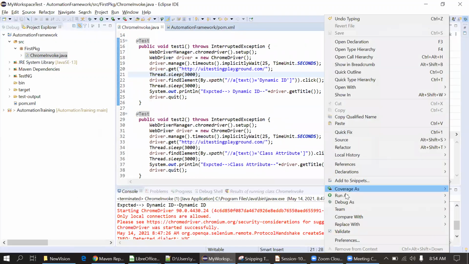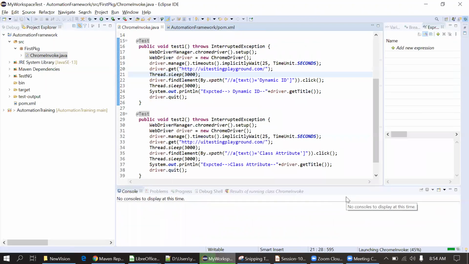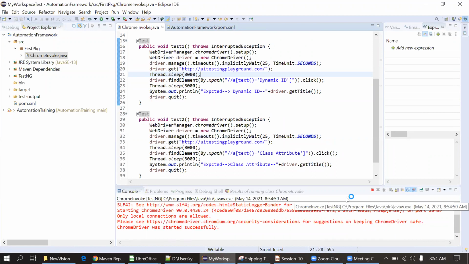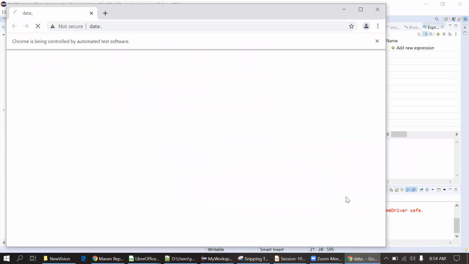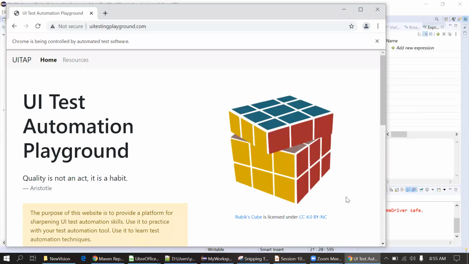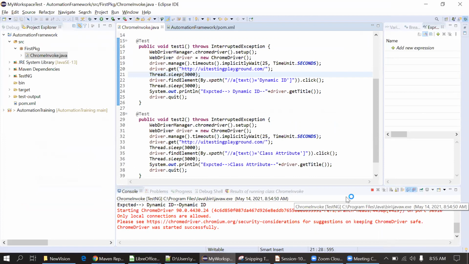And I'm executing this code. It will execute in the usual way that we have seen previously. First test case completes.